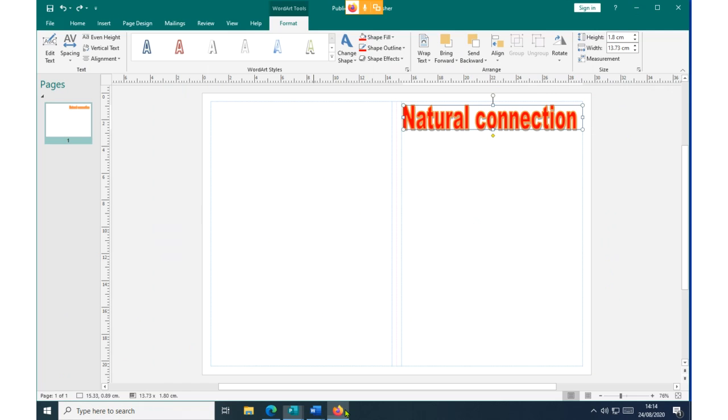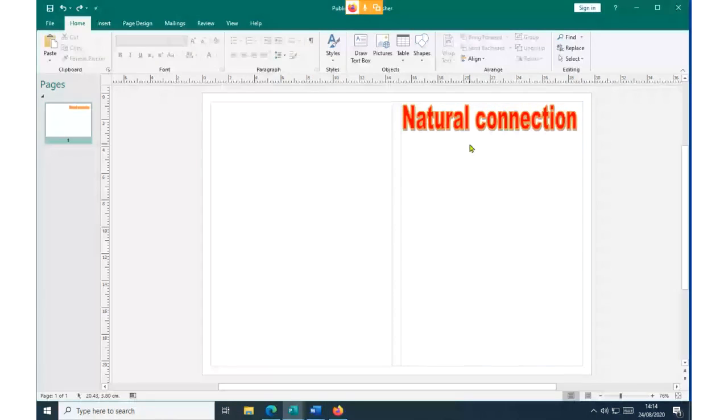Okay, let me proceed. Now, the next thing we want to do here, remember again, class, this is communication. We simply need to communicate, and the brochure always must be very eye-catching, eye-appealing. Now, let's continue and put something that can sell this particular company called Natural Connection. Now, we would like to insert a picture. For us to insert a picture, you should have pictures existing within your machine for the purpose of working with them. So the next picture we'll insert is simple for communication purpose.